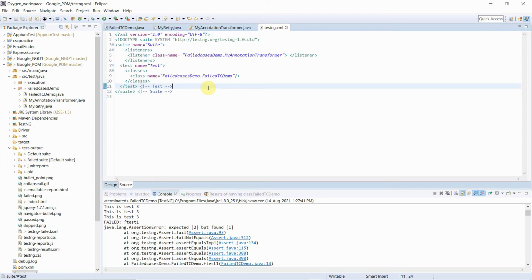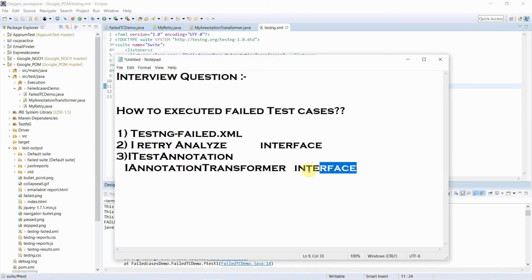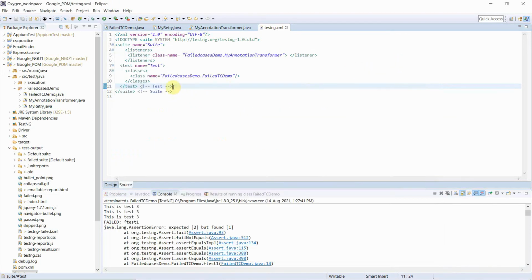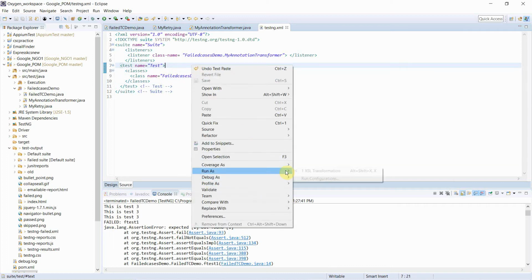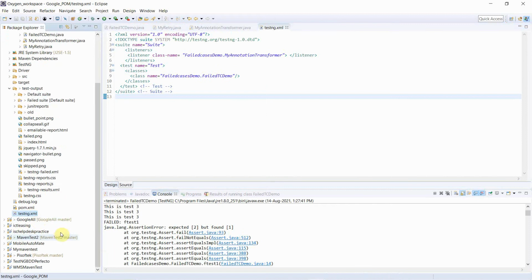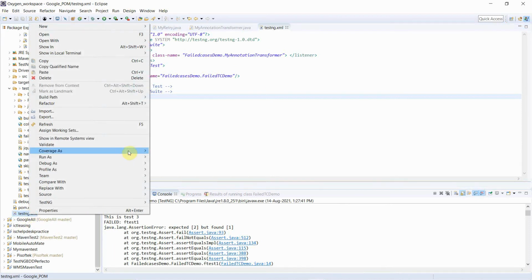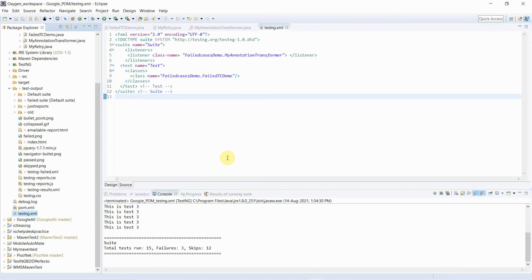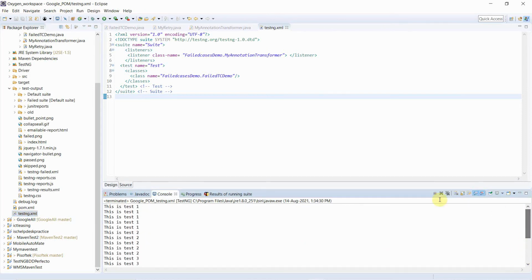Now if I run this, this is the last way, the third way, that the interviewer wants to hear: that we have implemented the ITestAnnotation transformer, and this listener we have added in our testng suite file. So now I will simply run my testng suite file. Sorry, not here. I will go here, right click, run as TestNG suite. You can see the same result will appear, that your test cases have executed multiple times.